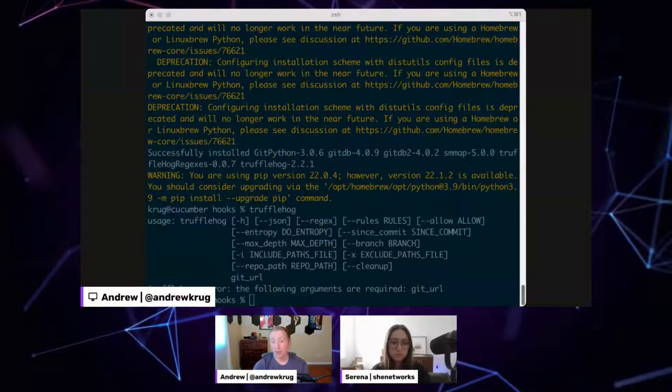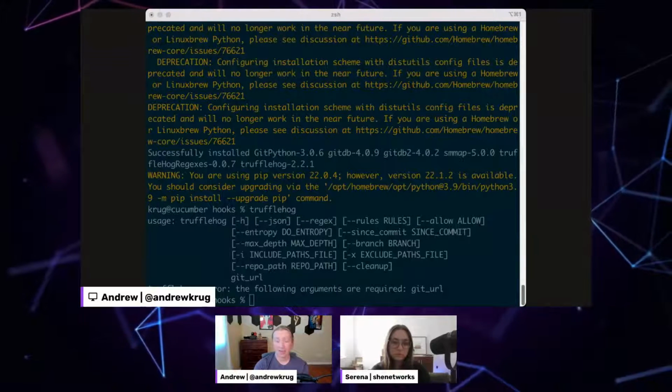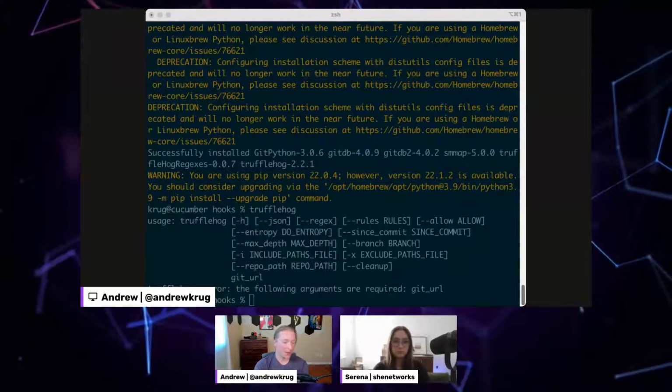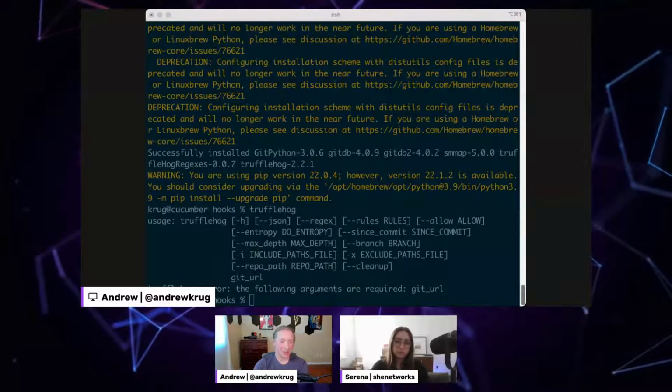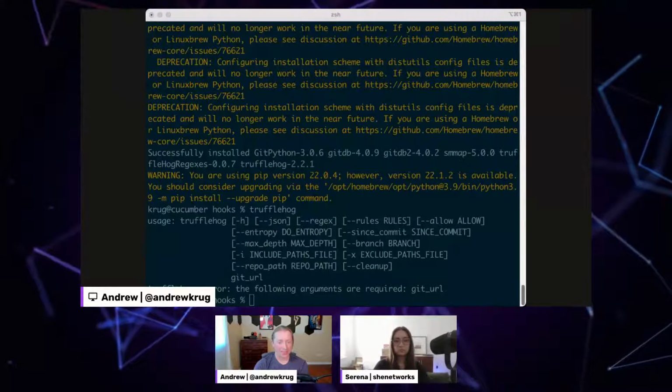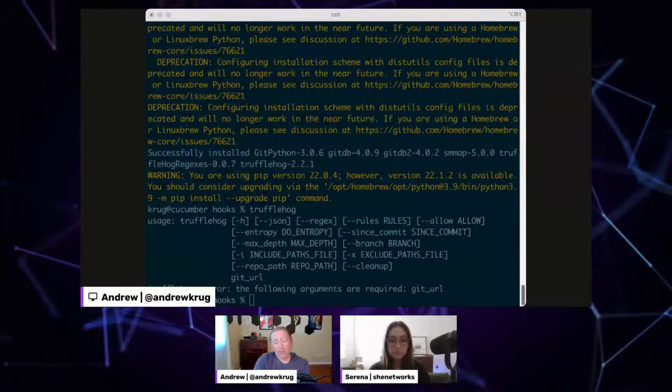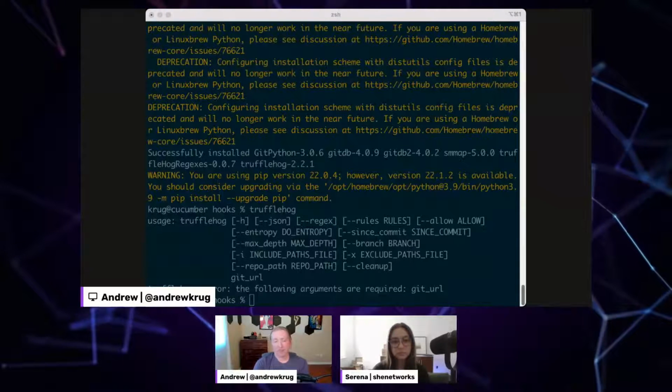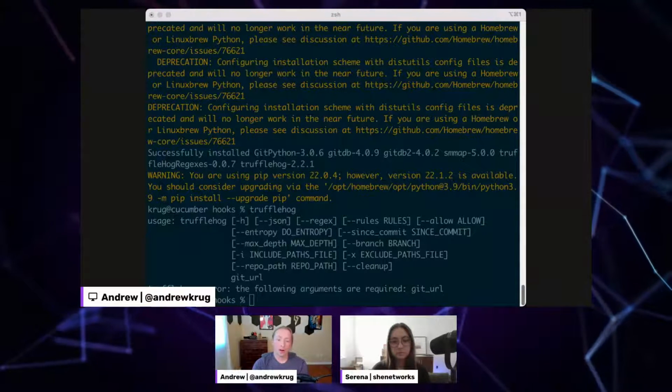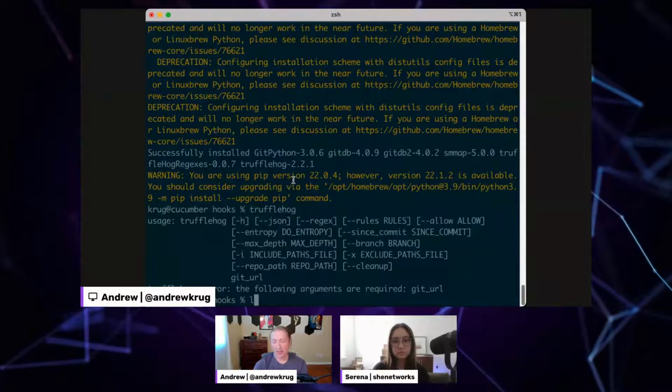There's plenty of Git issues in the Trufflehog repository that say that we can do pre-commits. And really, you don't have to do fancy stuff in your pre-commit hooks like the demo here.